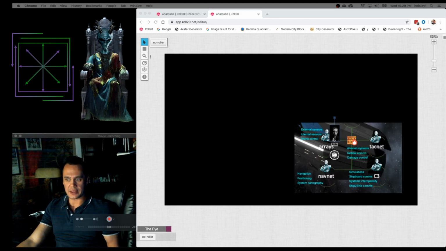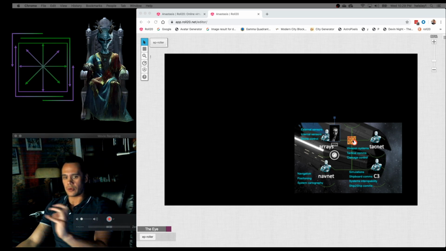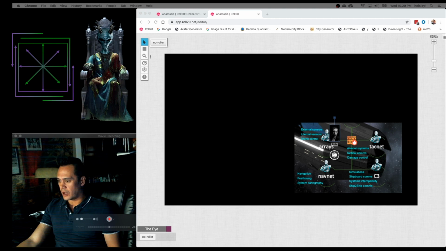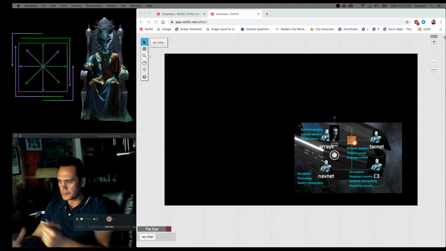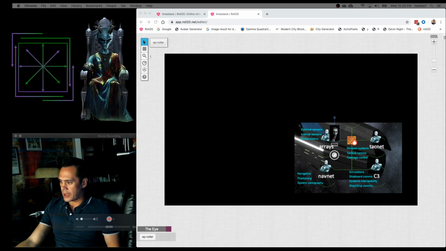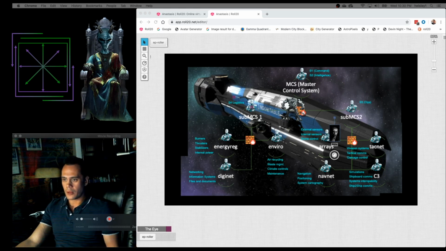Right? So now they can see that if they want to advance to another part of the network, they have to break through another firewall, let's say. And I do have stats for both the AI sentries and the firewall. Add a little more challenge. Let's say the character is able to scan the entire network. In fact, they were in the game last night. They could discover that it's a much larger network. Depending on how much they wanted to go into it, they could spend a lot of time in this network,